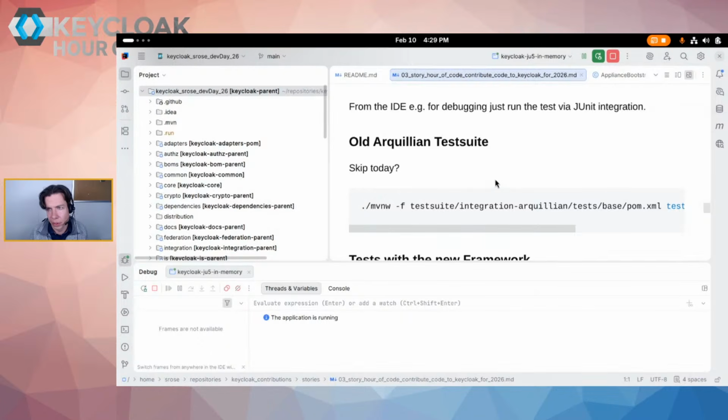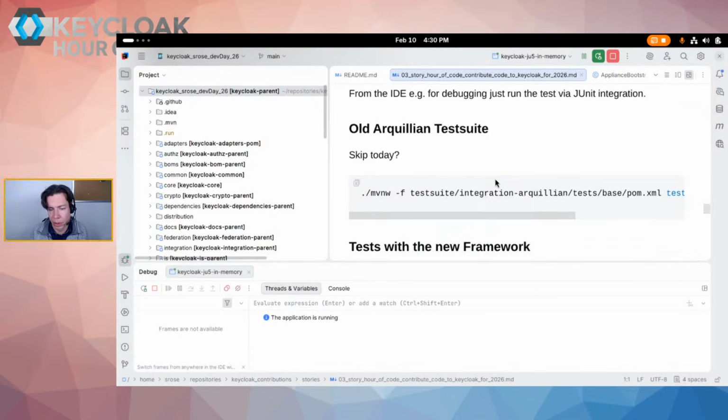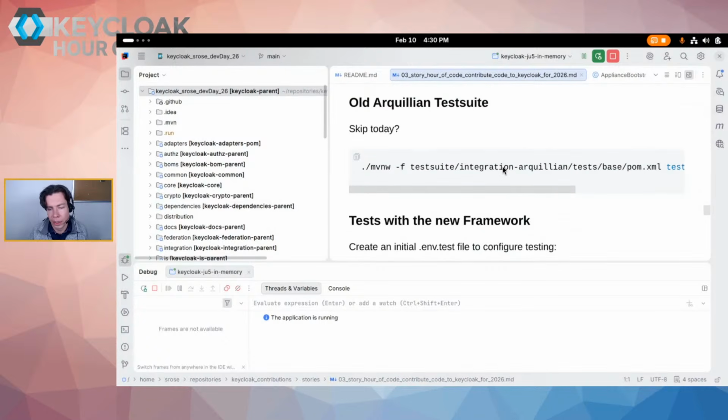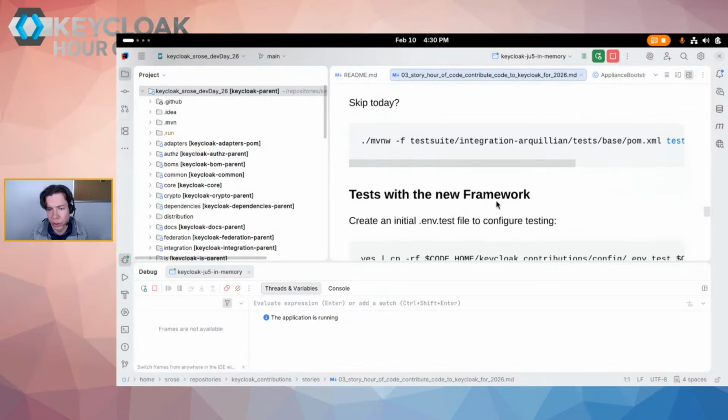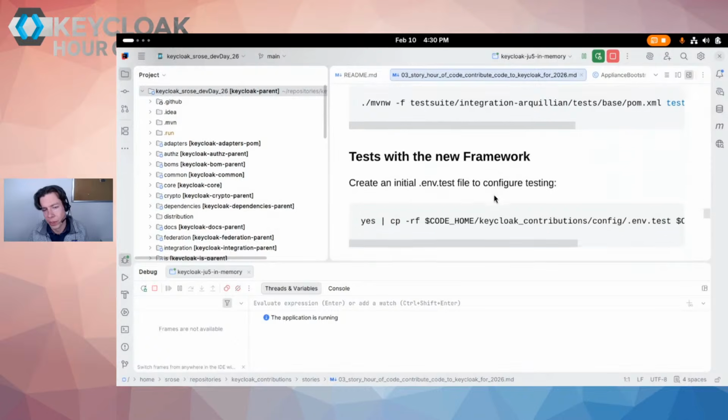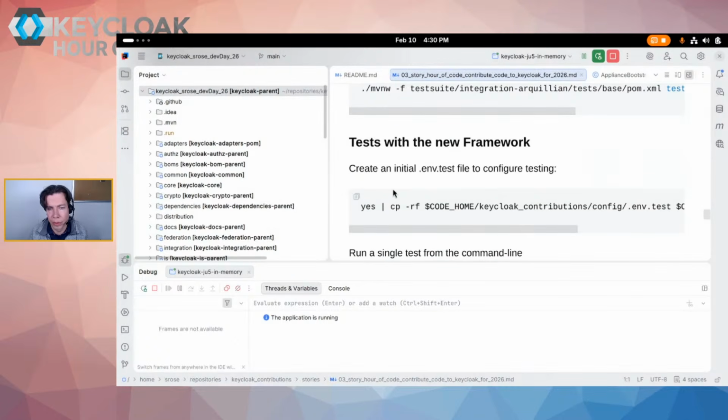There are still a lot of tests in that area, and I think there's an ongoing migration, but I didn't look into it for a long time. Last year, I think you had this topic also in this meetup, so we probably want to go for the new test framework, and to use that one, we should